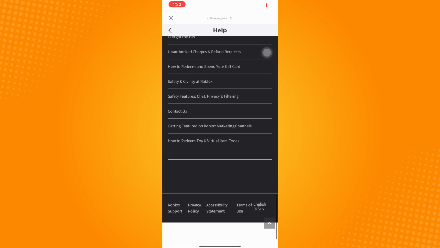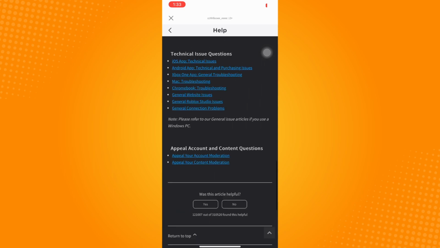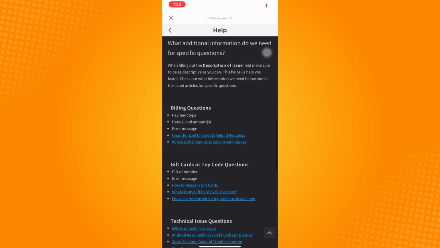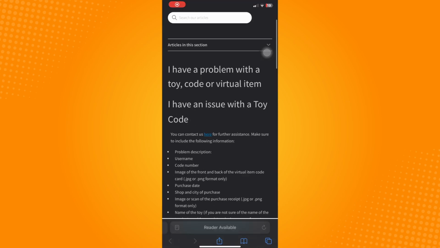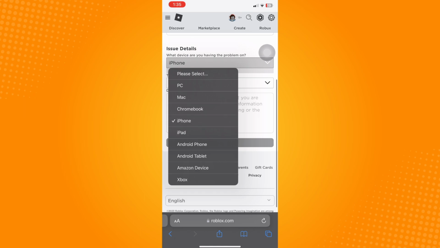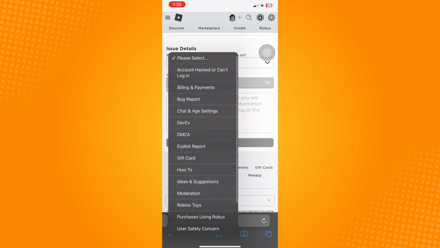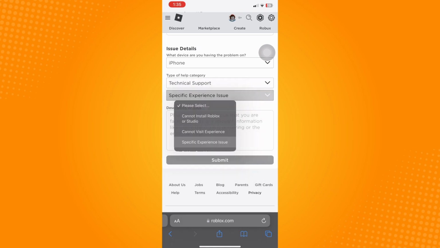You will then be directed on this page, and what we need to do is choose any topic in here. Once your browser opens, scroll down till you see Need More Help, Contact Support here. Now just input your birthday or log in your account, fill up your contact information, select your issue details, so